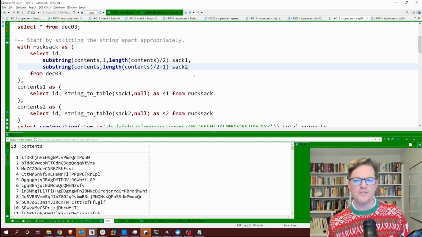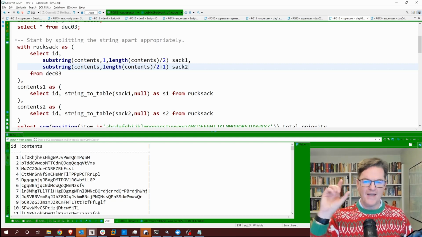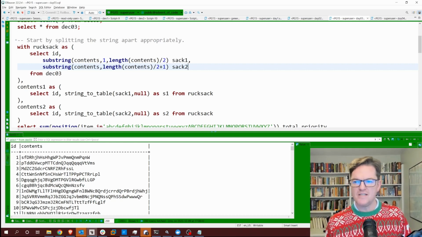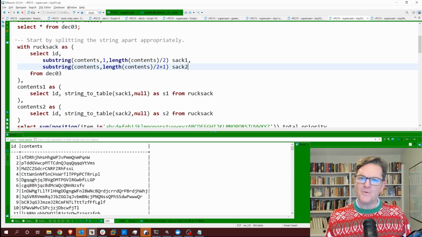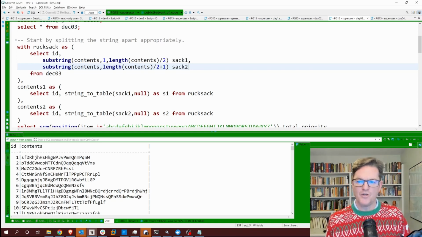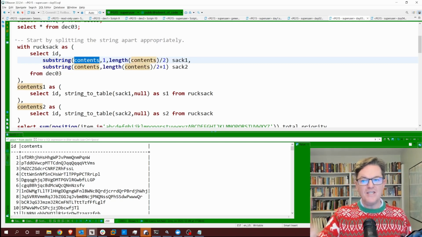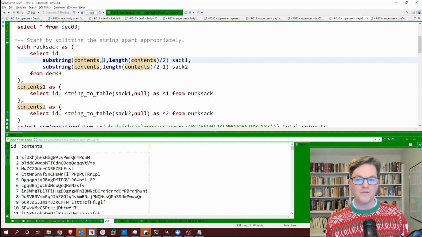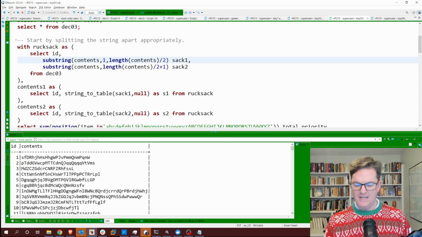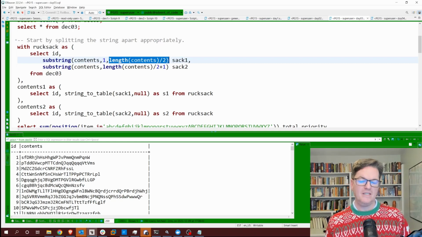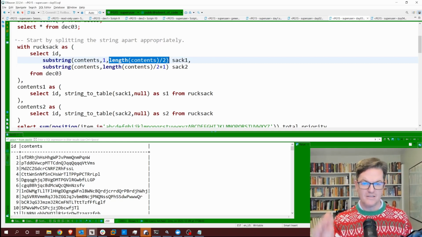So that gave me a couple things to choose from. The first thing I did is, for the rucksack, that's the text, that's all the contents of the rucksack. The easiest way for me in SQL is to use a substring. So in Postgres, it is substring, the thing that you want the substring of. Now, Postgres is 1-based, so we want to say from the first character until halfway through the string, that's portion